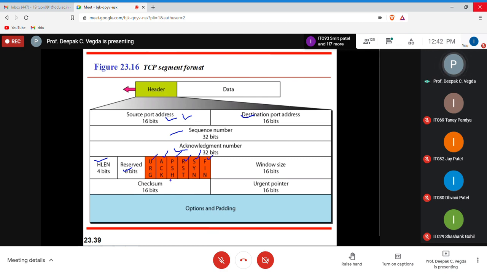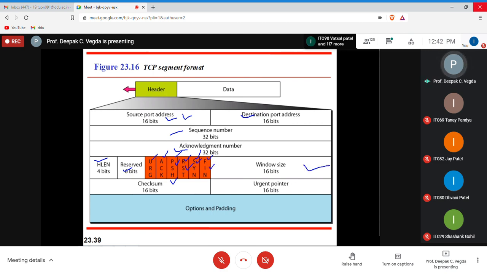In the push pointer, if it is 1, it means you do not need to wait for the entire packet to come. You can stream it to the other device. I'll explain this in much more detail. If you want to reset the connection, you can use the reset bit. When you want to build a connection, you can use this SYN packet. And when you want to terminate a connection, you can use the FIN packet. You can use this bit as a 1.